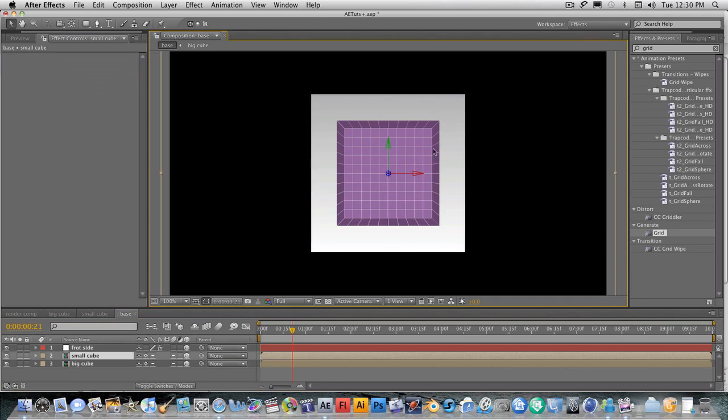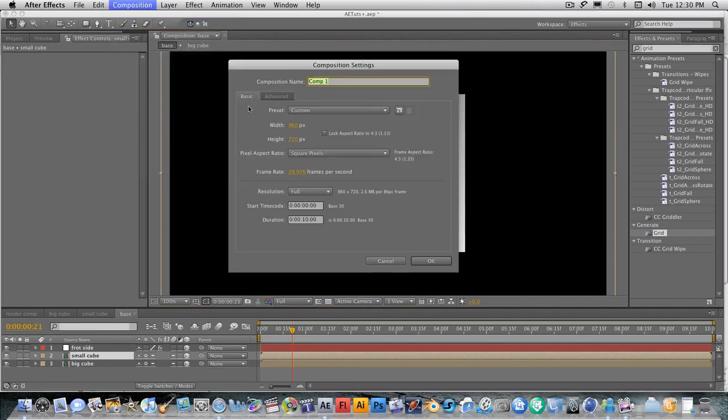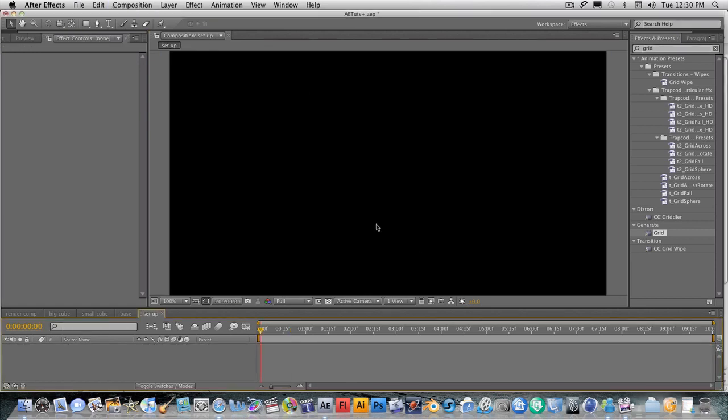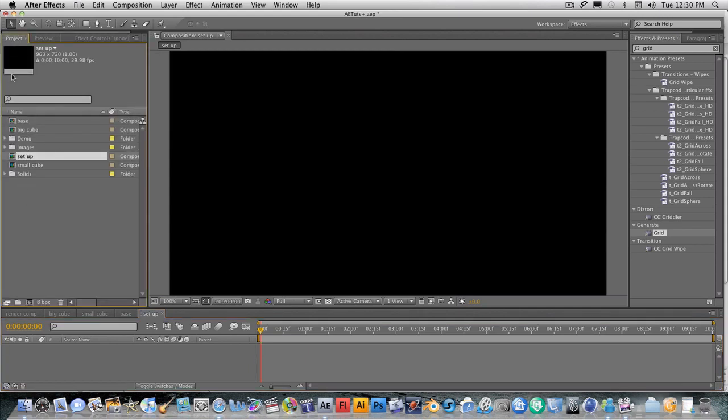So there you go. We have what is going to be your base for the logo cubes we're going to use later. So next step is to create a new composition, same settings, and you're going to name this setup. Okay, click OK, and then what you have to do is to go back to the project window and duplicate the base